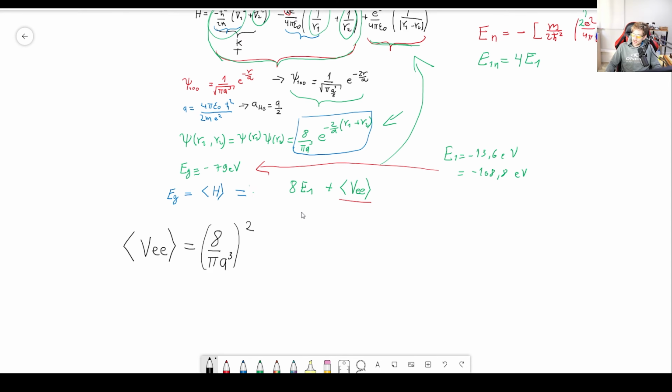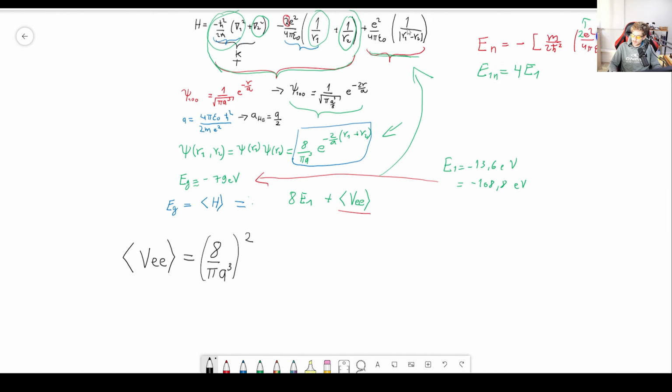Then we have the constants that come from the potential, this thing over here. So we get e squared over 4 pi epsilon 0. And now comes the integral, and inside this integral we have e to the minus 4 (r1 plus r2) over a, and then divided by